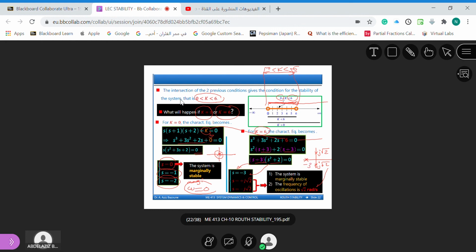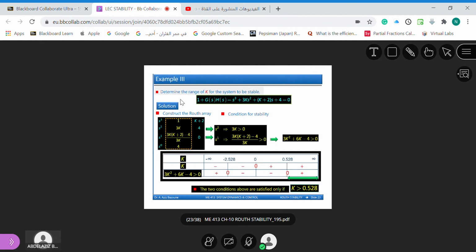Is this clear, Shabab? This is the condition for stability, meaning for which value of K the system is stable. Now we care about stability because stability will give you a stable system. If your system is not stable, you are afraid that